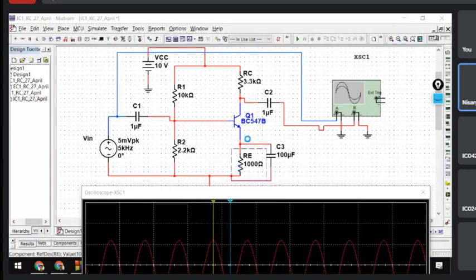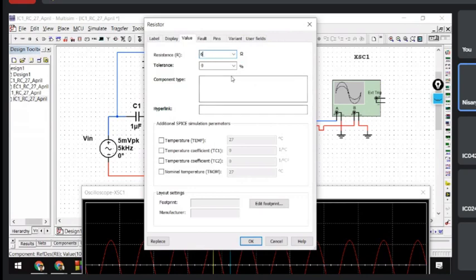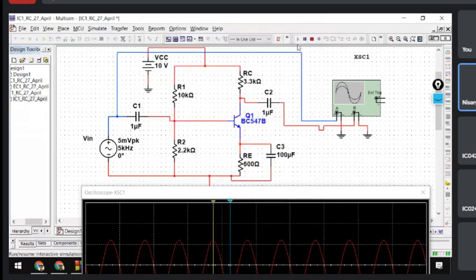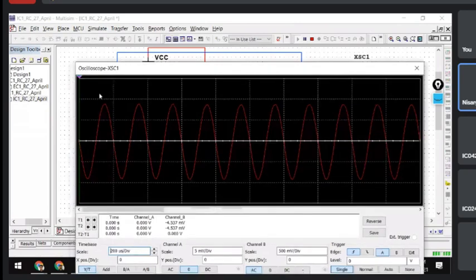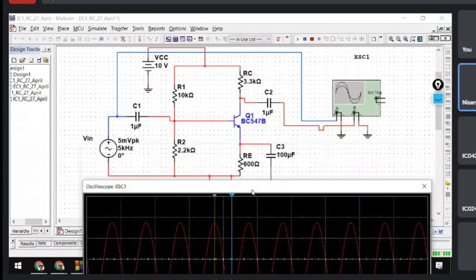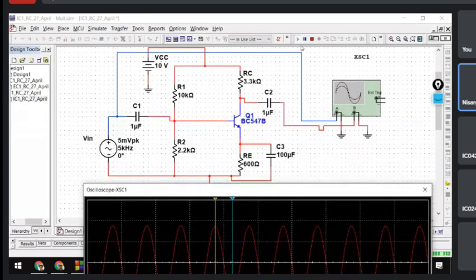Fine. Let me try just a second. Let me try with 500 ohm or 600 ohm. Run it. Yes, it is increasing, right? Fine. So no need to remove the capacitor. Yes, 1.782. So let us not remove this capacitor, because I thought we have to remove the capacitor if you want to see the effect. But here it is not necessary. So let us leave it as it is.